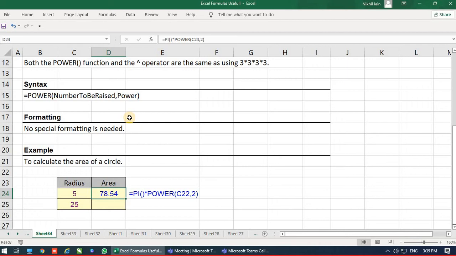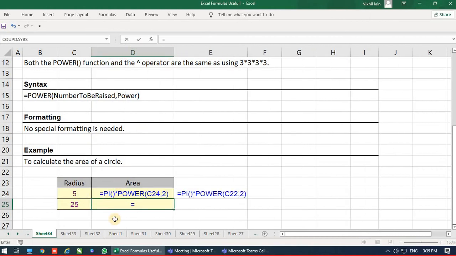So to calculate the area of circle, we use 2 different types of formula. One was this, and another formula is equals to pi bracket open close multiply by bracket open, this will be powered 2 times, bracket close, enter. So these are 2 different types of formulas in Excel to calculate area of circle.